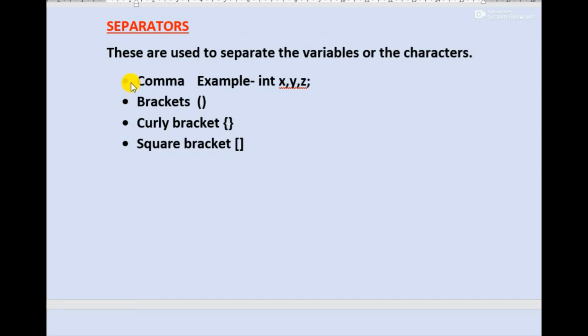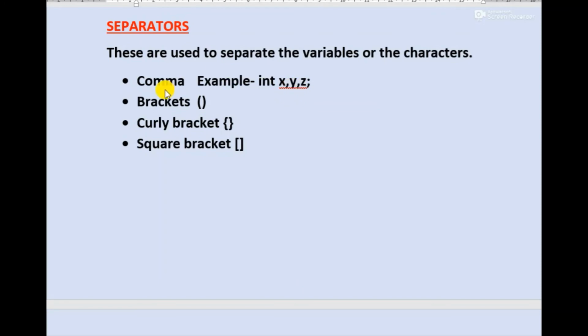The comma separator is used to separate multiple variables in the same declaration. We can see in this example int x, y, z. Here x, y, z are three variables of the same data type, that is int, and these variables are separated because of the comma separator.